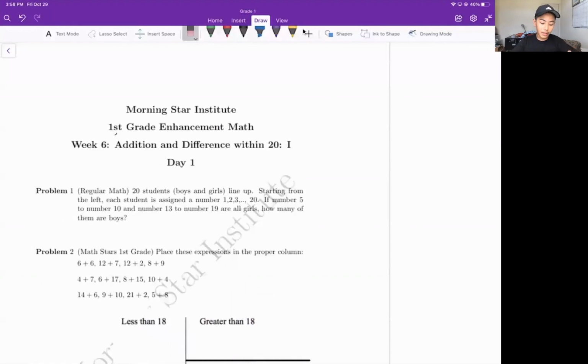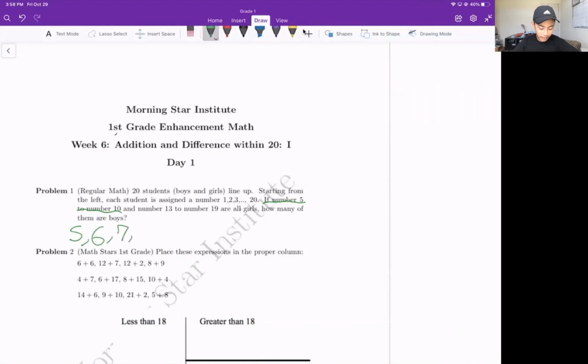For problem 1, the question is 20 students line up. Starting from the left, each student is assigned a number 1, 2, 3 to 20. If number 5 to number 10 and number 13 to number 19 are all girls, how many of them are boys? So here it states if number 5 to number 10 are girls, then we can label it out as